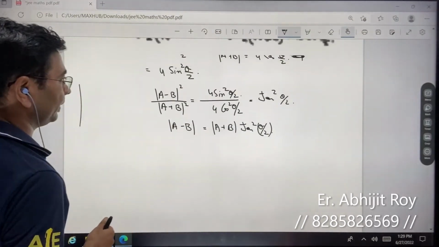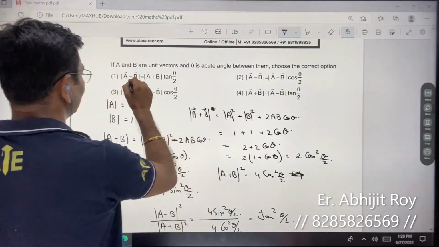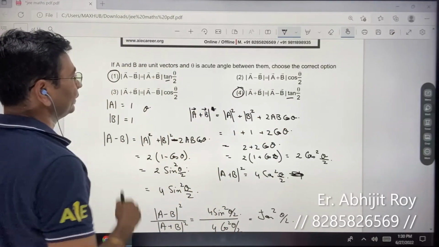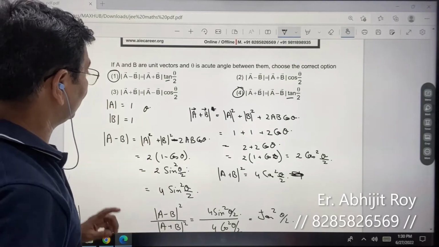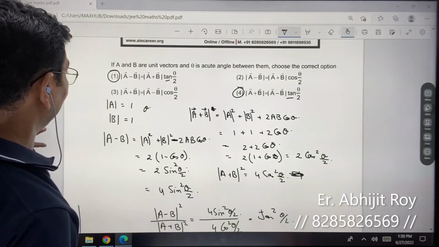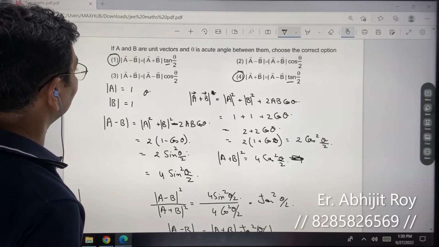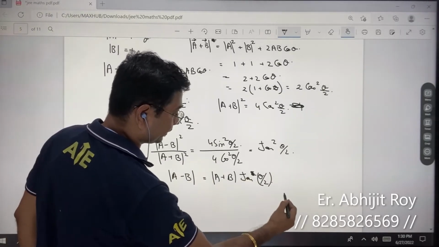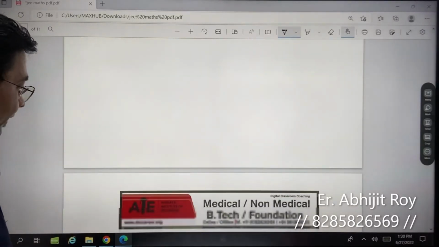a minus b mod a plus b mod, कुछ इसी फॉर्म में है, a भी है a plus b और but this is sure कि this will be 1 or 2 because it has got tan in it, okay? so जब tan आ जाएगी, माइनस वाला मैंने निकाला था तो ऑप्शन a शायद a minus b a plus b tan whole square, so whole square you can get rid of this whole square because ये square था, so don't put this, so this will be my answer and it's there 1। ओके, सो नेक्स्ट करते हैं।